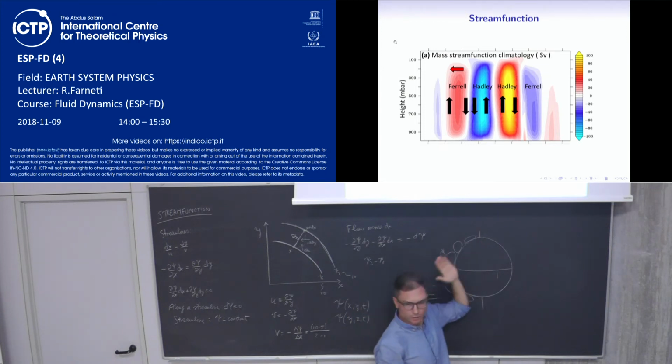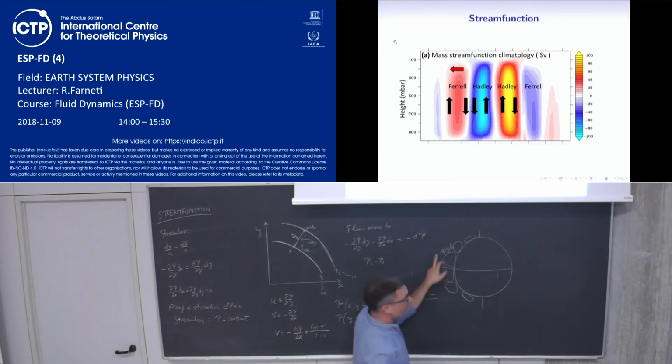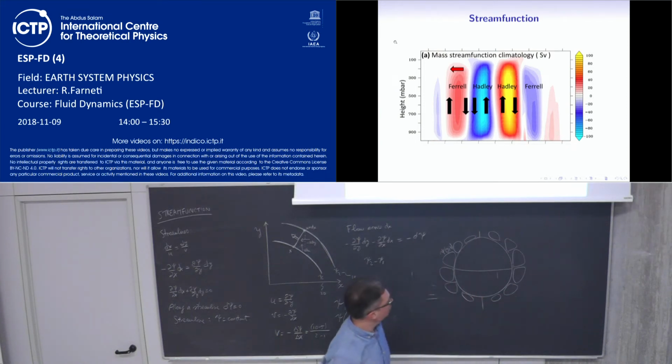Okay, so say here, this longitude, what is the meridional overturning circulation through a stream function, which is a function just of latitude and height, and you get these nice cells, the Hadley cells, the Ferrel cells, and the polar cells. Okay. If you cut the Earth here, or if you cut the Earth here, you're basically going to get the same answer. Okay. Because if you're staying away from the continents,